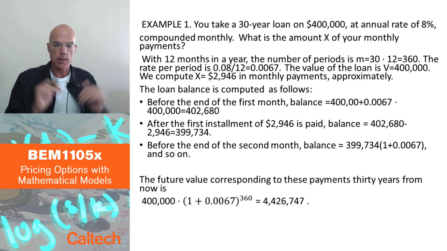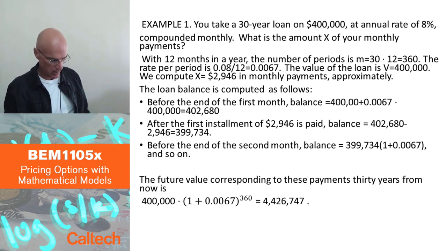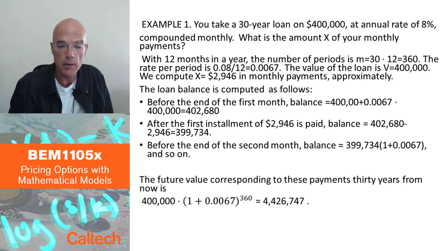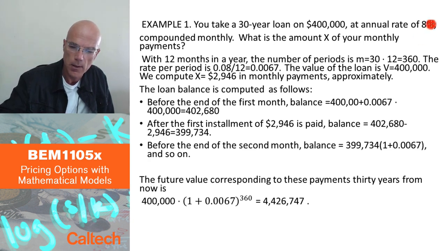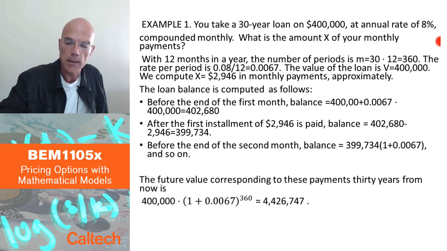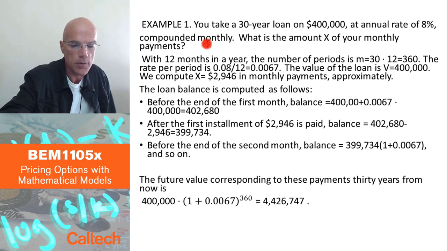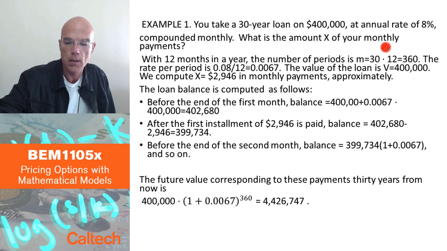All right, so here's this example: $400,000 loan. You are taking a 30-year loan. You'll be paying it off for 30 years. Let's say the annual rate is 8%. This is in the United States very high now. It wouldn't be this high, but we were writing our book from which I'm taking this example when the rates were higher, more than 10 years ago. As usual with house loans, this is compounded monthly, and the question is to use the previous formula to find the amount X of your monthly payments on this loan.